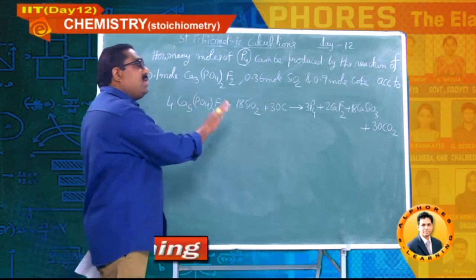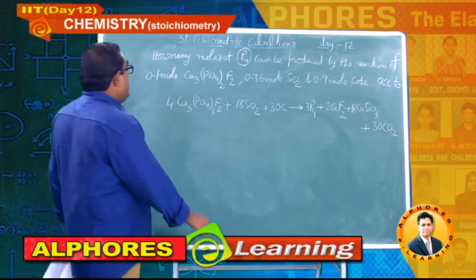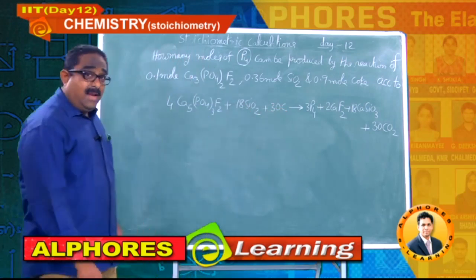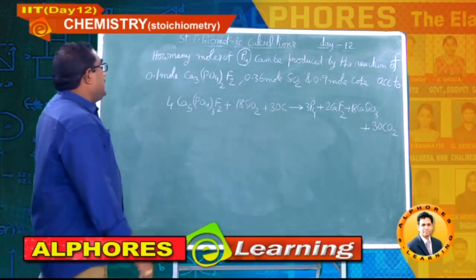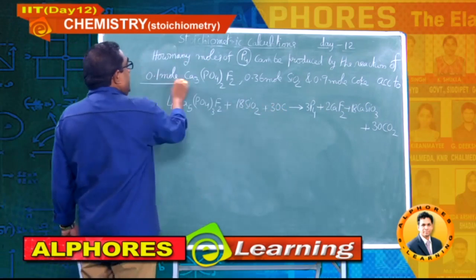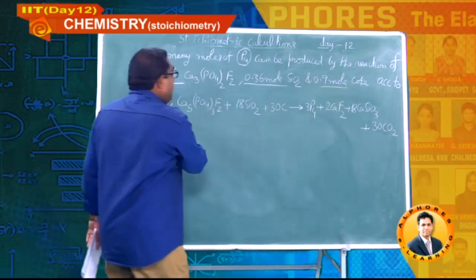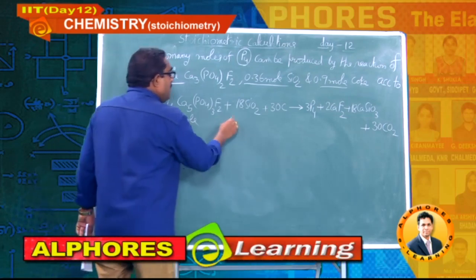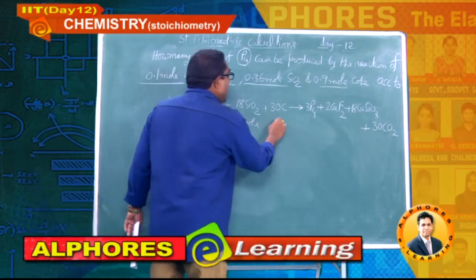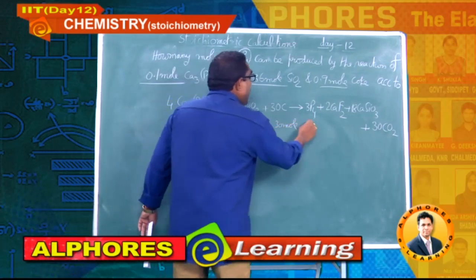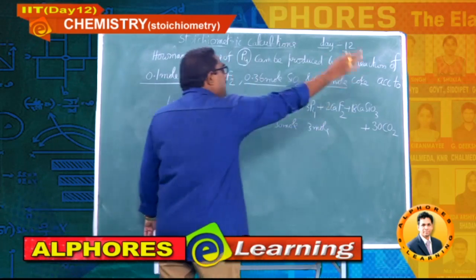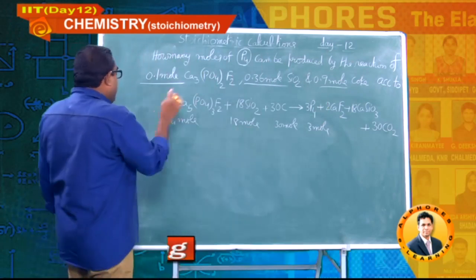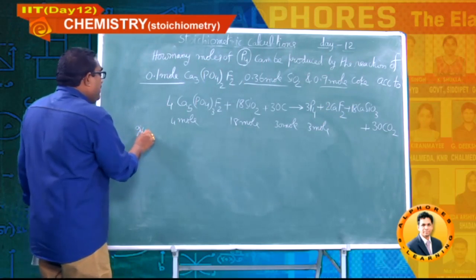Balanced equation also he has given, and this time you are having three reactants, and he has given the data of all the three reactants here. Let me write the balanced chemical equation data. 4 mole combined with 18 mole and 30 mole to get 3 mole of phosphorus. Remaining things are no need for us. He has given only for phosphorus he is asking. Okay. Now let me check which is the limiting reagent.